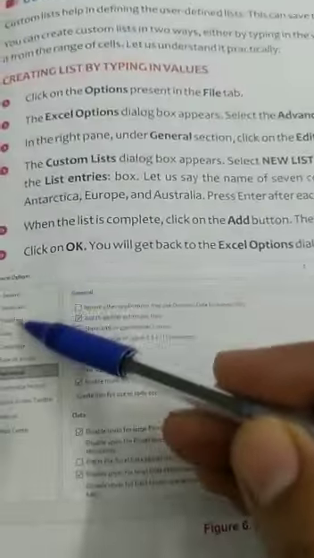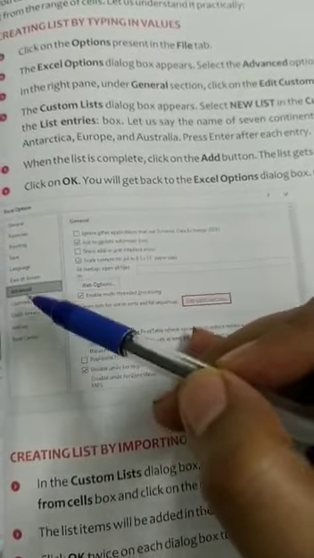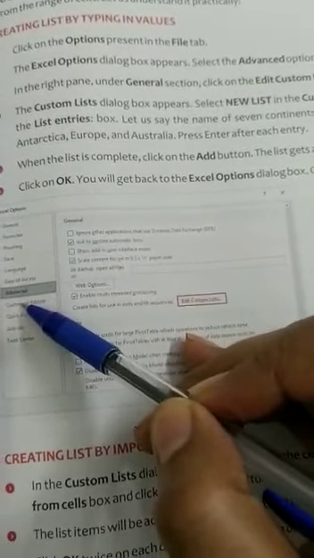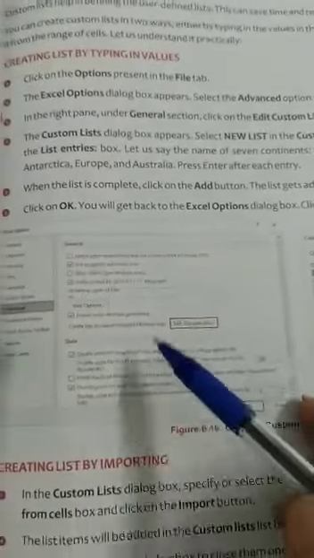I repeat, first of all, click on file tab and then select the options. Then from the Excel options dialog box, you have to select the advanced option in the left pane.